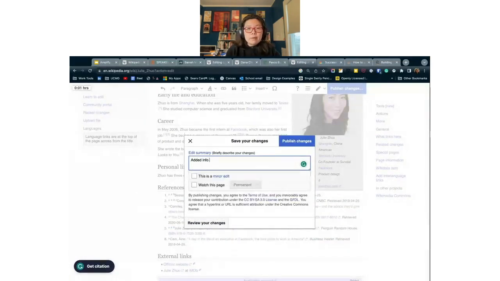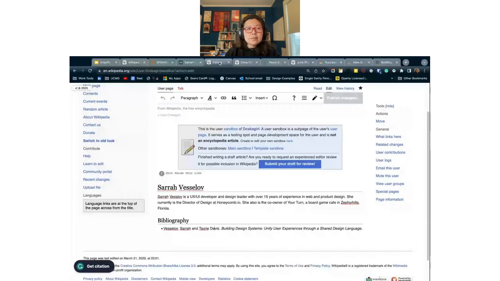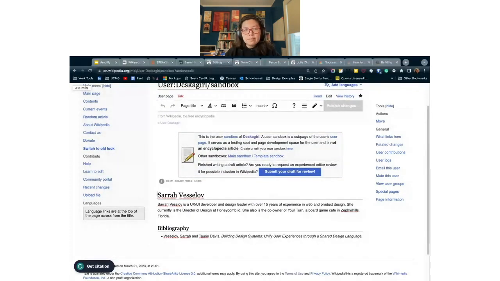Added info about her first job. Okay, so there you go. That's how you add a reference. If you wanted to add an info box, there's lots of little templates in Wikipedia. I haven't looked at them all. I've experimented with some. You can Google or look in Wikipedia for help. It's a little tricky, but I think once you're really comfortable with editing, definitely something worth investigating.